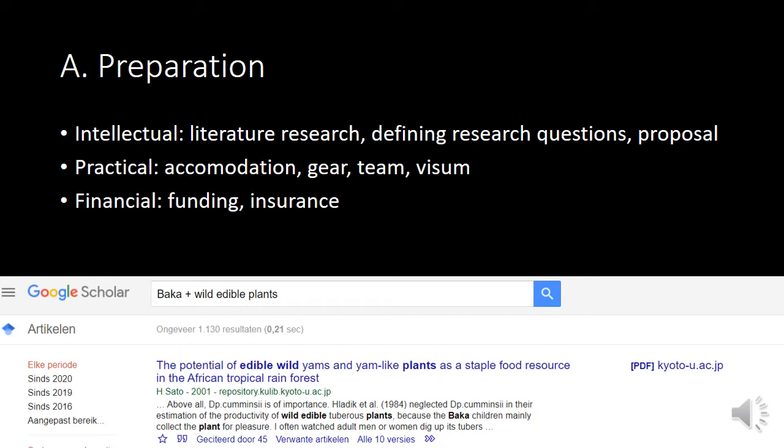But there are, of course, also very practical things that you have to take care of. So once we had decided that we were going to go, there's a planning that has to be made. You have to know when you're going to go. But there are a lot of practical aspects that come into play here, like finding an accommodation to sleep, having all the gear in place, but also getting your visum and other important documents. And there's some financial aspects too. So let's have a look